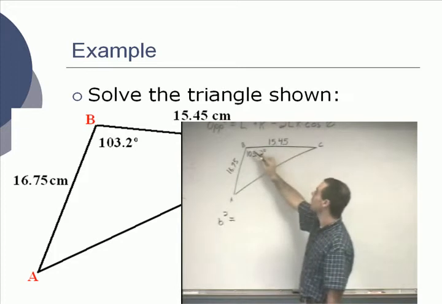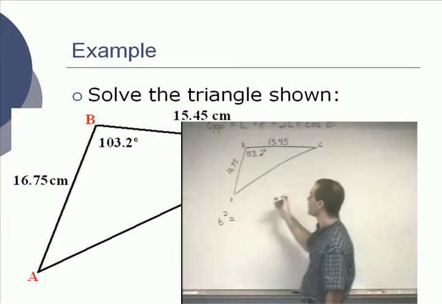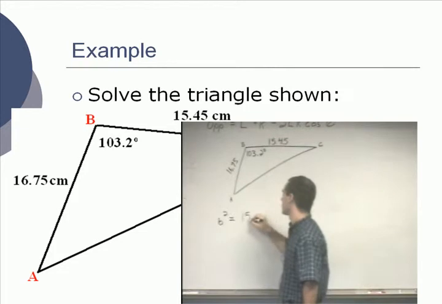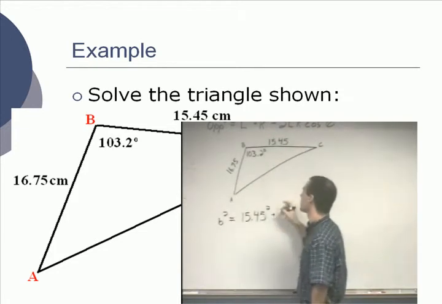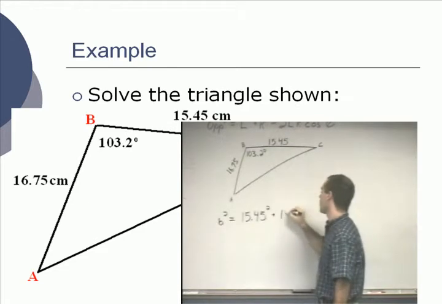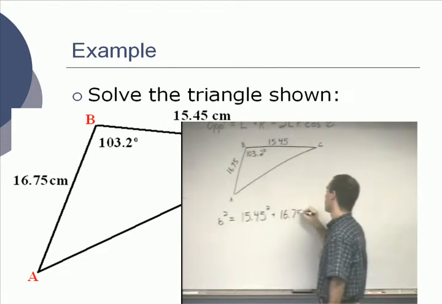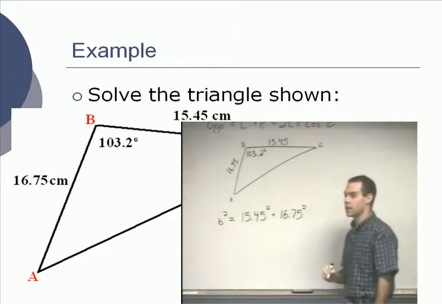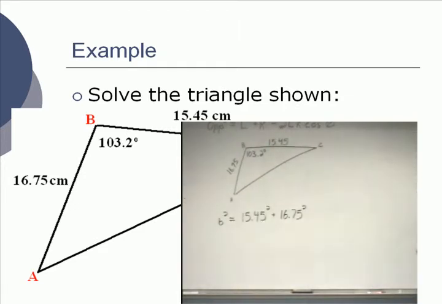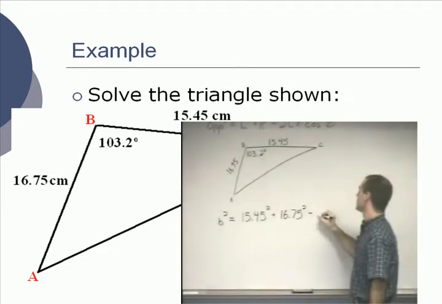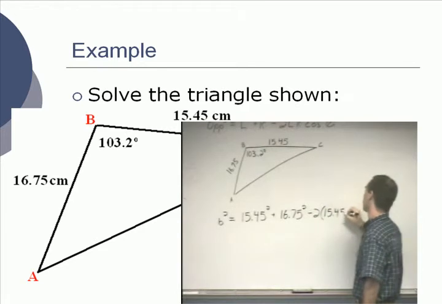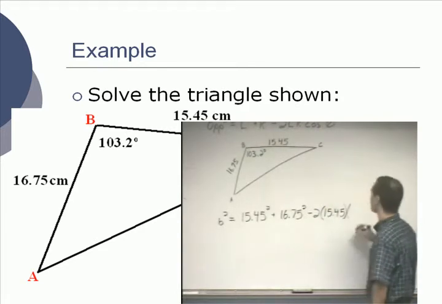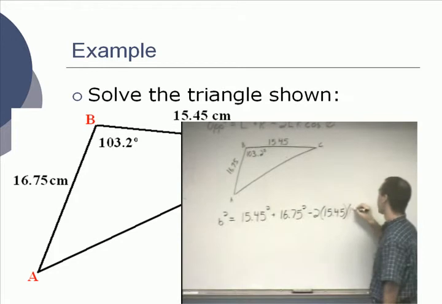15.45. You'd be up here looking this way. Left would be 15.45 squared plus the right then has to be 16.75. You'll notice by the nature of the equation that if you get them mixed up, it really doesn't matter, as long as you're consistently mixing them up. Minus 2 times the left side of 15.45 times 16.75